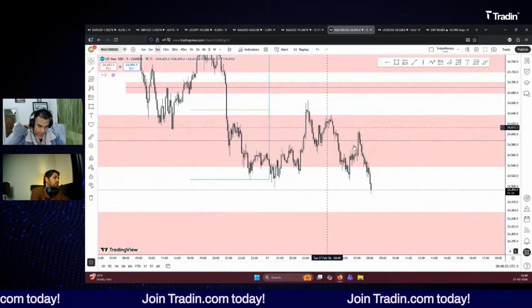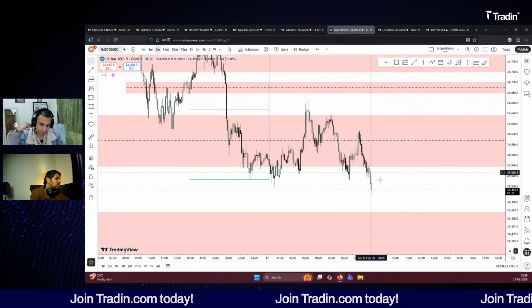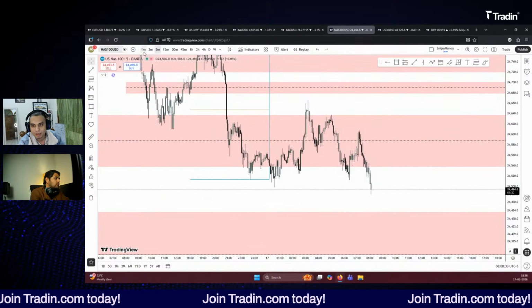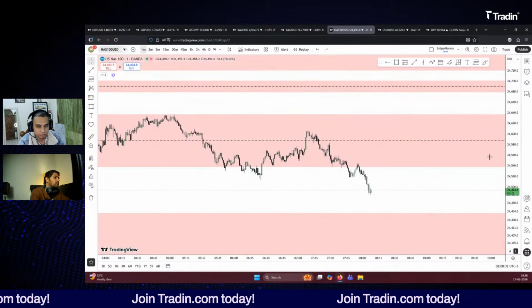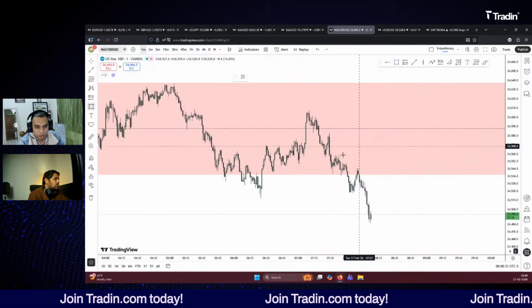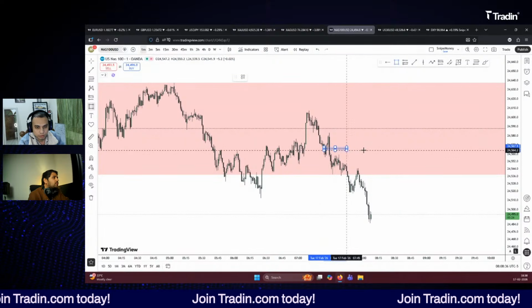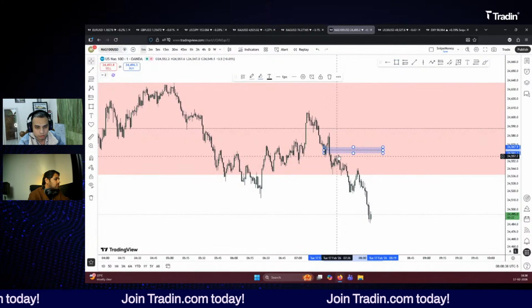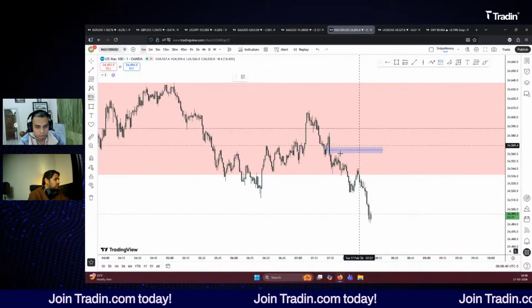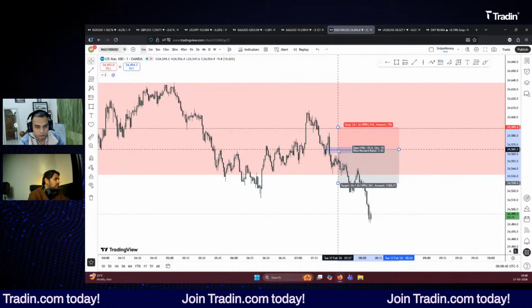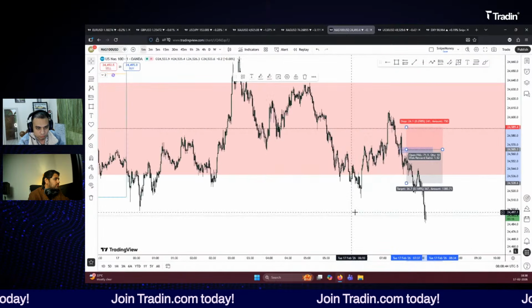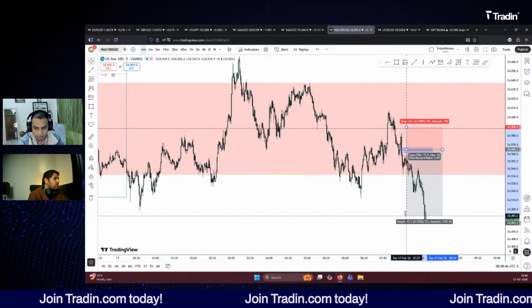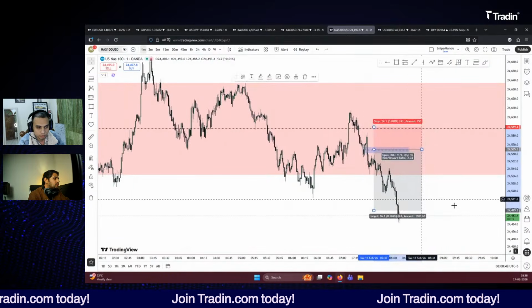And on Nasdaq, I missed this trade. It was a very easy trade, but it's on the 1 minute time frame. I was waiting for this level to get over here, but it went from this level. So my setup is somewhere from here, but it was missed by some points on Nasdaq. It was a very easy trade, but okay.